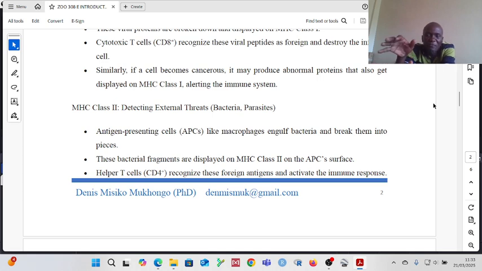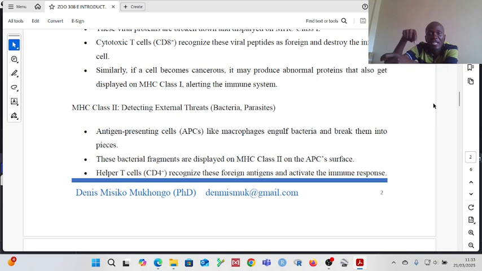Then the product of that breaking down or that digestion will be fragments of whatever was swallowed. Those fragments are the ones that will be picked by the MHC class 2. Then upon being picked, the MHC class 2 will now display them on the antigen presenting cell. Then the helper T cells or the CD4, hizo ndio sasa zinazunguka